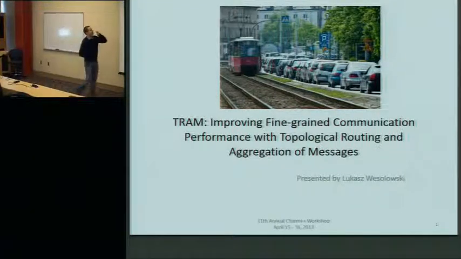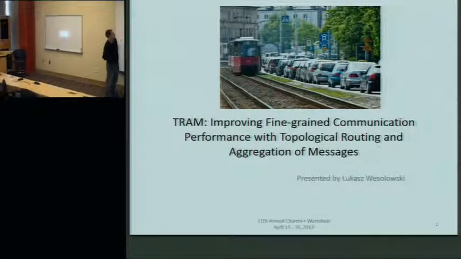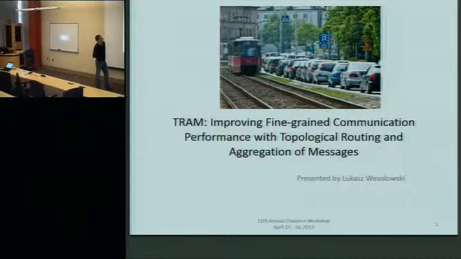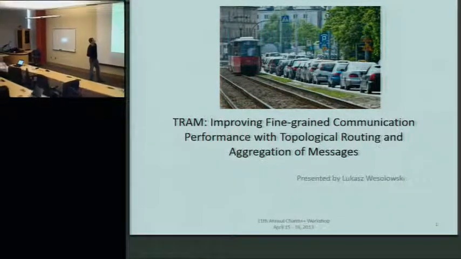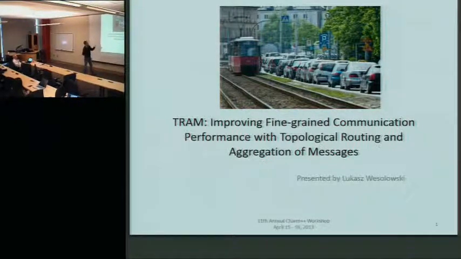So there it is. I'm not sure how clearly you can see this photo, but essentially it's an electric train. And this is the whole idea of why we're talking about TRAM, because what we have here is a situation of a traffic deadlock. Just imagine if you're in one of those cars on the right, you're sitting in traffic, not moving at all. Meanwhile, the fellows in the tram on the left are moving right ahead. They get to their destination on time, and they can have a nice day.